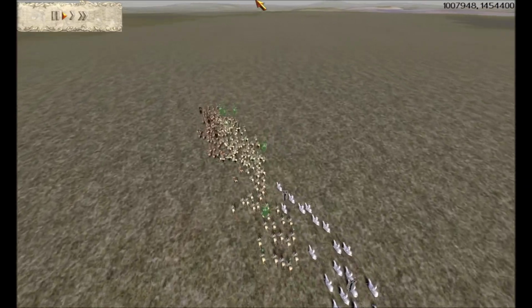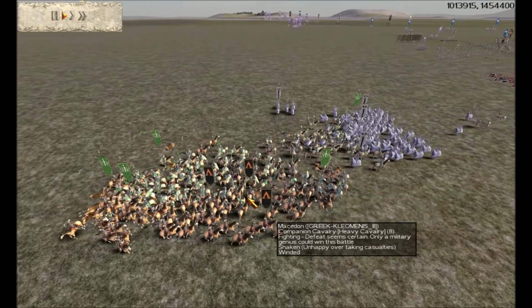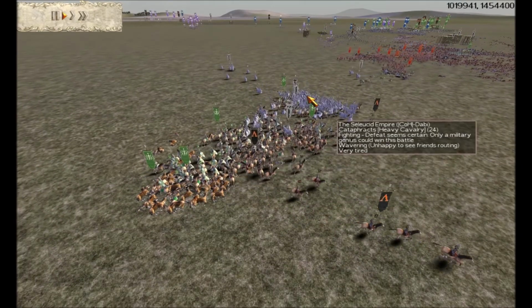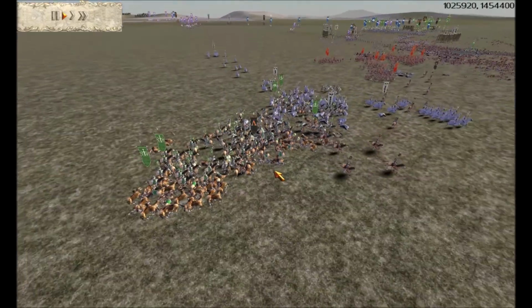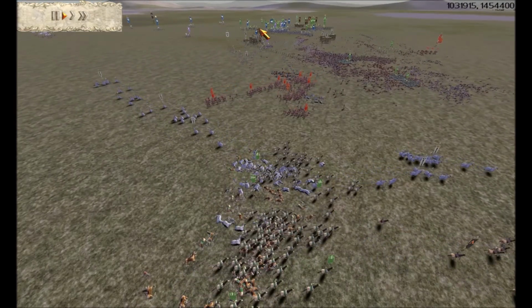Okay, can you see the Brutii cavalry here? It's being attacked by both Macedon and Seleucid, but I noticed that the Seleucid and Macedon cavalry units were very battle damaged. So it'll be an interesting tussle to see what happens here. As you can see, most of the Seleucid cavalry have gone now, and I think both of the Macedon cavalry have gone. Okay, right, so that's all the cavalry, all the enemy infantry have been taken out on this left